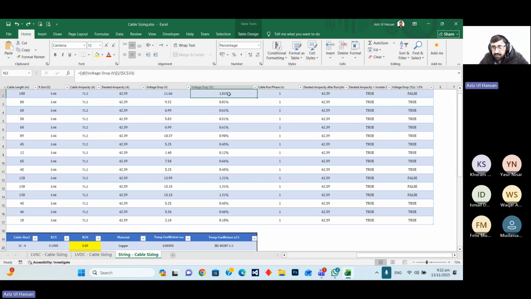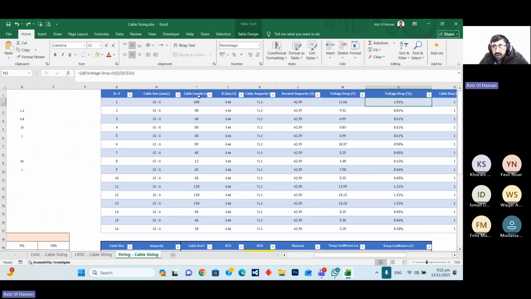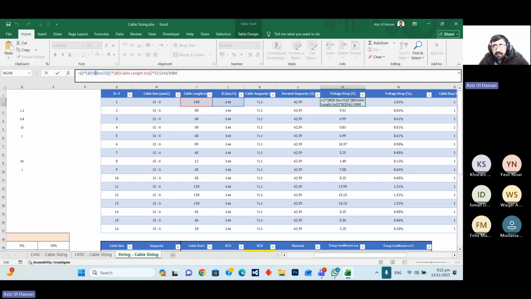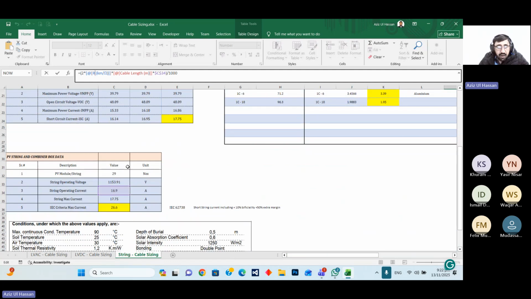the voltage drop limitation. Now what I will do, I have the cable length available there, this one. For the voltage drop, we have the formula 2R. R basically we get from this value, the cable length and the current. But now one thing I want to clarify to all of you,